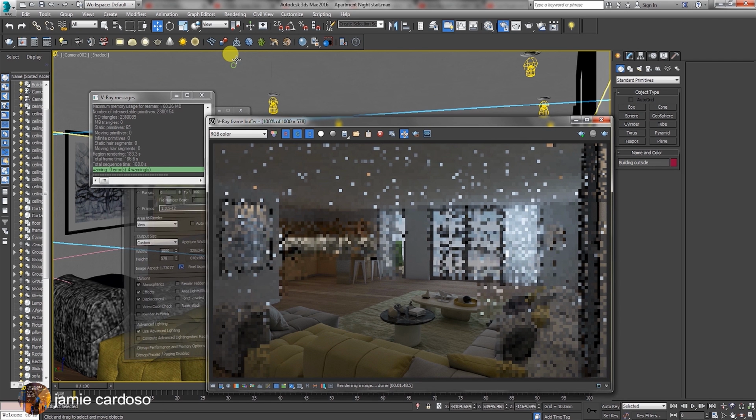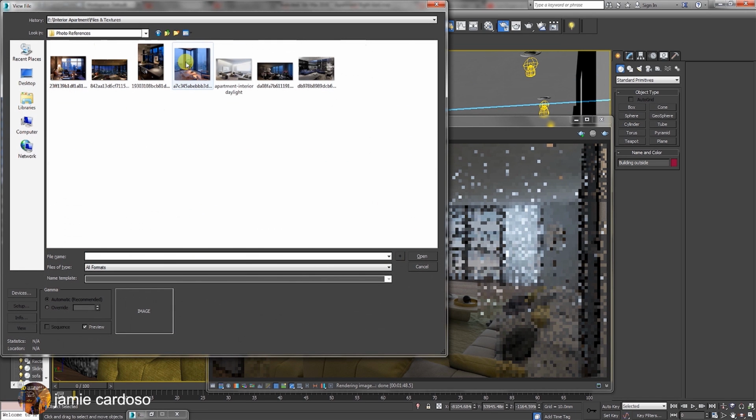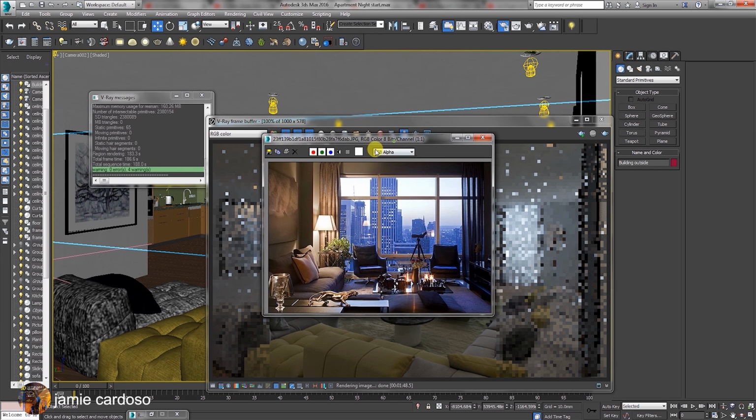Before we go any further, let's bring in a photo reference to be used as a guide for the overall look and feel of the render. Click on the rendering toolbar and choose the View Image File option from the drop-down list. In the View File dialog, choose this night photo reference. As you can see,